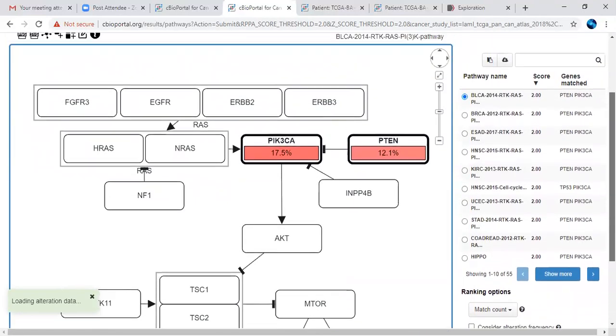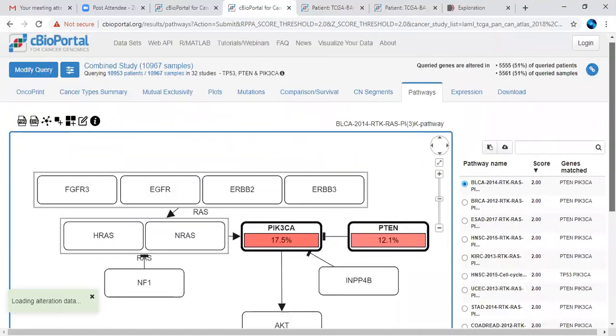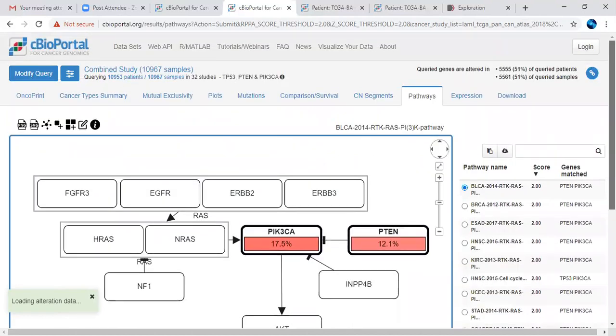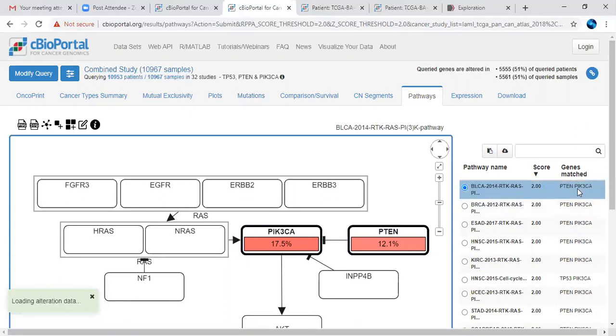So very nicely they have given all the information in a single platform itself. We are getting the omics data sets with respect to different cancer types. We are also getting the visualization with survival data and clinical data. We are also getting the 3D structure of the particular search options, and we are also getting the pathway information with respect to the scores and the genes that have been matched.